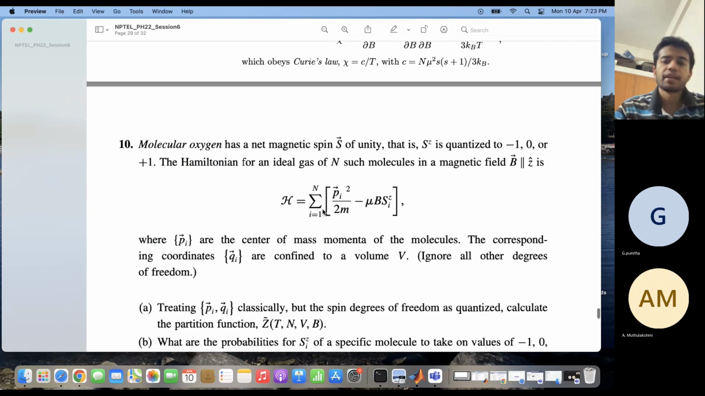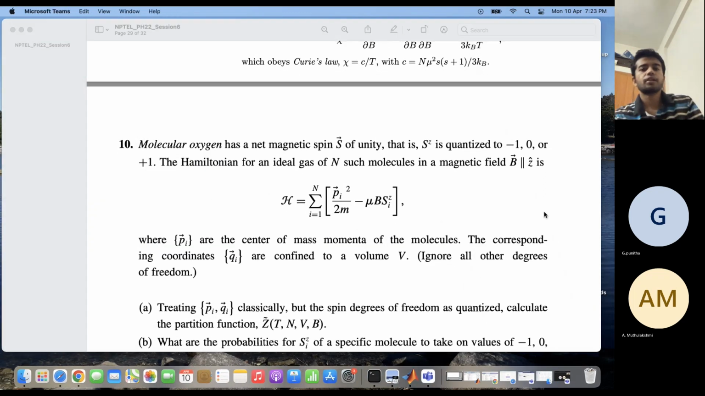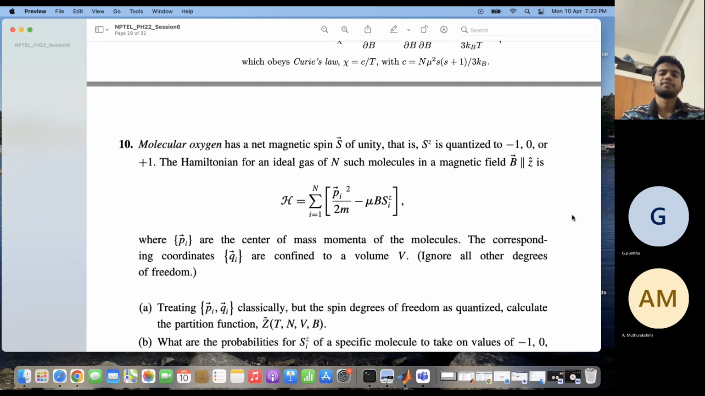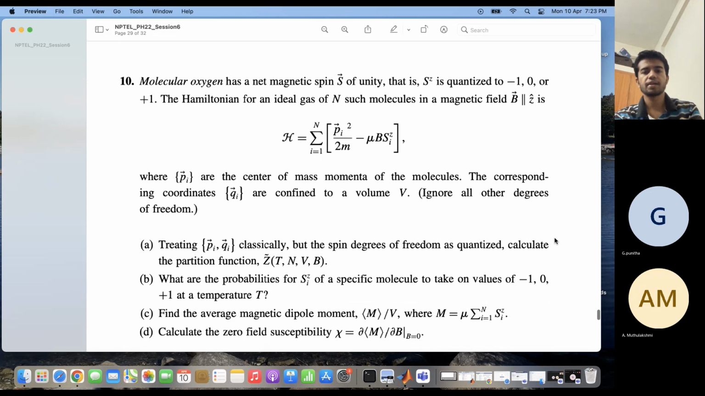So then moving on to the second last question which I have for today. Molecular oxygen. This is similar to the previous question we saw. This also has a magnetic field and spins. Molecular oxygen has a net magnetic spin of s equal to unity. If the total spin is unity, that means the spin is quantized to three values: minus 1, 0, or